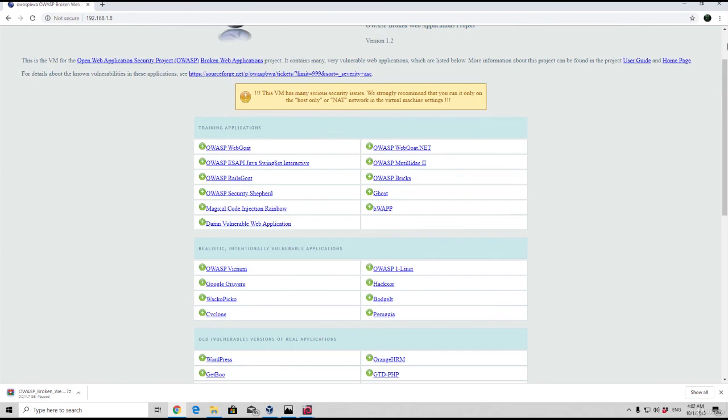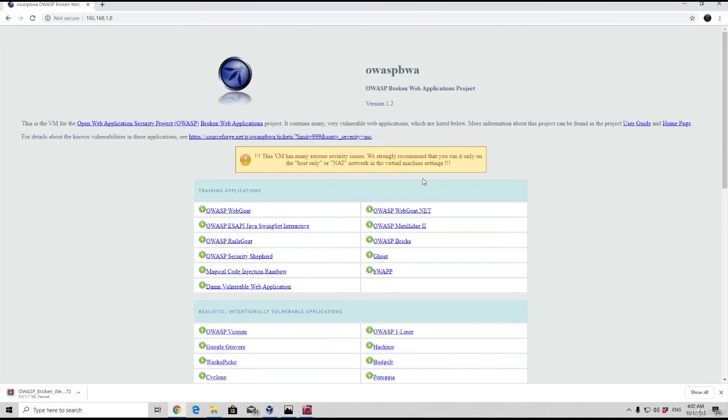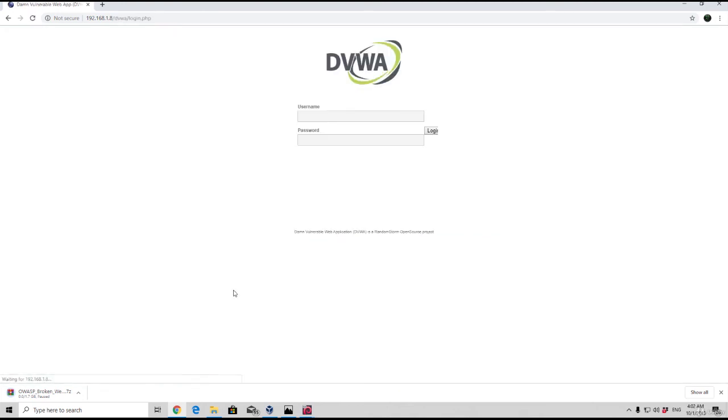Well, not all of them, but some of them we will attack with different types of attacks, such as SQL injection, password brute force, login page brute force, and so on and so on, command injection, and many other things. We can see we have the Damn Vulnerable Web Application, which you possibly have heard of, which we're going to attack as well. Basically, I just want to show you how you can actually install the machine,